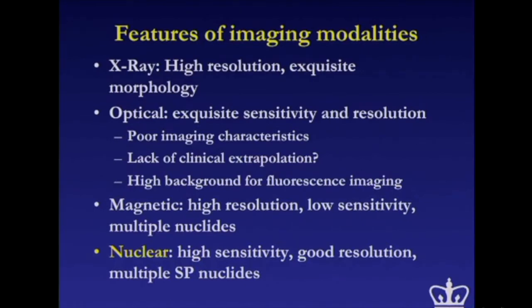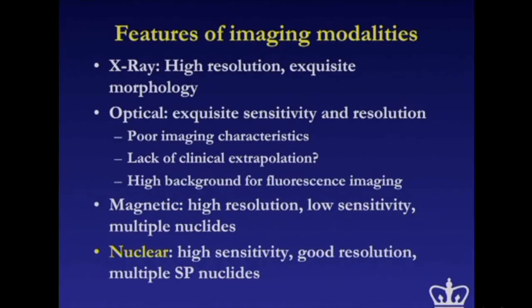So if it's so good, what's wrong with it? Why don't we use it all the time? Depth is a major problem. The optical signal is generally not transmitted over much more than a centimeter, which means that your detecting device needs to be very close to wherever the optical signal is coming from. And that is a problem with optical imaging when you go beyond, for example, rodents, and it certainly limits clinical utilization of optical imaging.